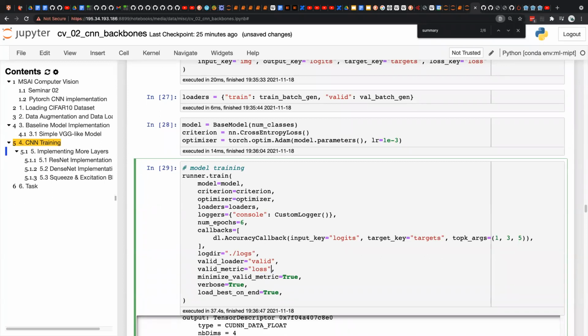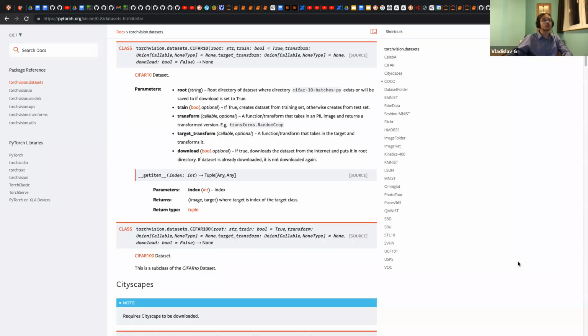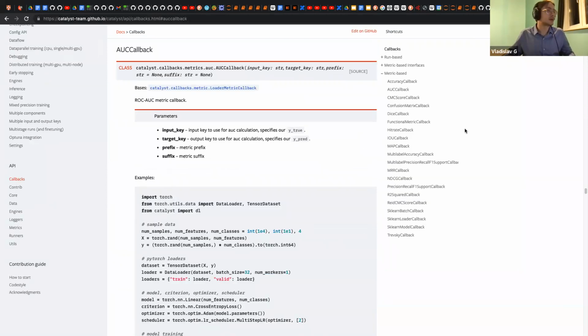So we could have, for example, IOU for a computer vision task, or accuracy, or F score, anything. And this is implemented in Catalyst. And if you want something more experimental and exotic, you could always implement the interface of this callback.